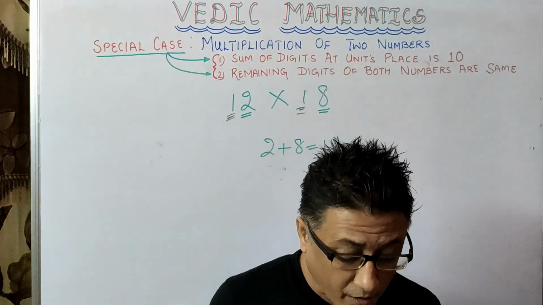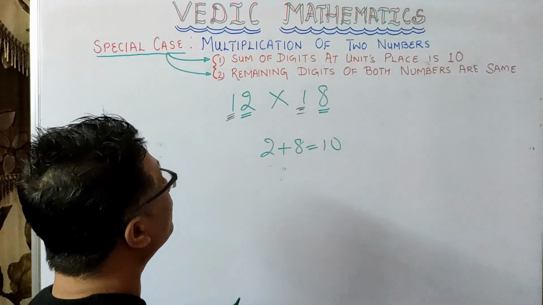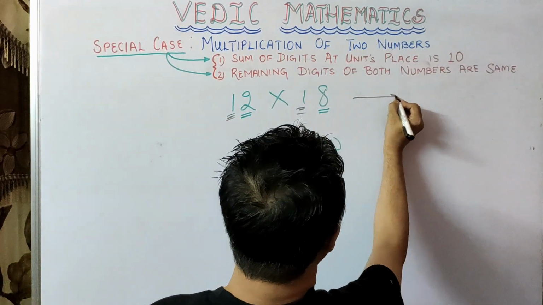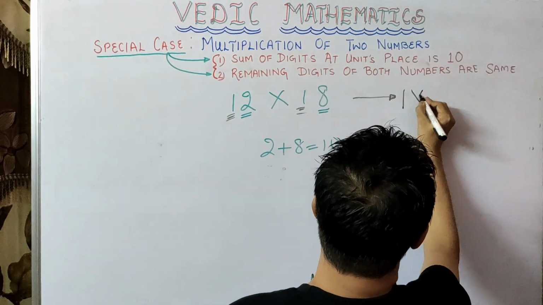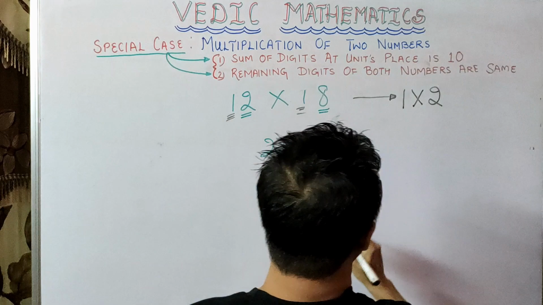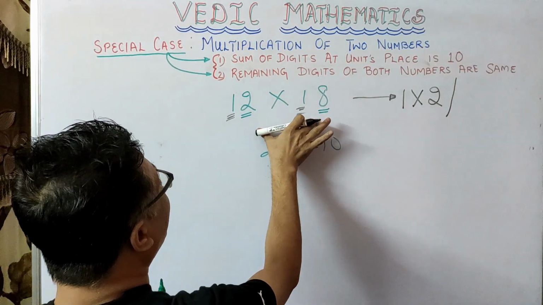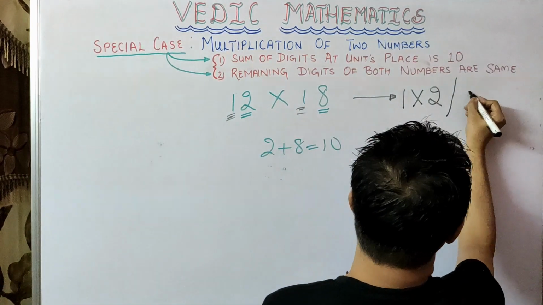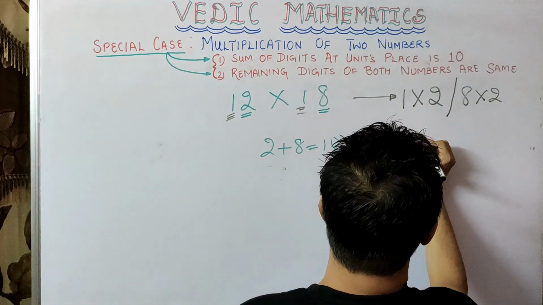So now we can use the same logic to find the answer. And the answer is 1 multiplied by the next number, that is 2, and then for the second part you multiply these two unit digit numbers. Means for the second part you will have 8 into 2. So the answer will be